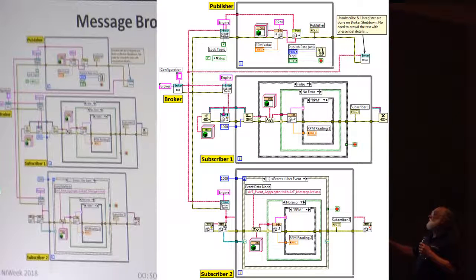You can branch it in LabVIEW and pass it to different areas of your application. To publish, a publisher says, register me as a publisher, and this is the topic name, and it's done. These 2 say, register me as a subscriber, and register me as a subscriber.